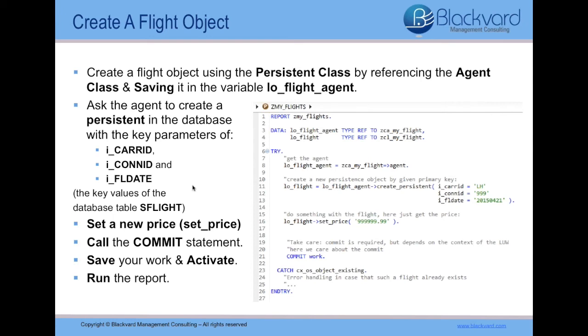We create a new persistent object. We provide the complete primary key: carrier ID, connection ID, and flight date. We use the connection ID 999 so that we can easily find our new entry later in the database. And we have our local object flight, which now contains a new persistent object, and we can set the values for this object. We do this in line 16. We set a flight price. It's a very expensive flight. In this case, just for example, we set the price